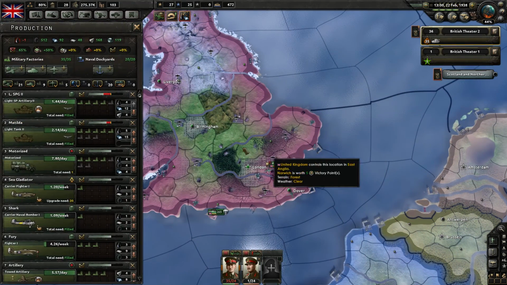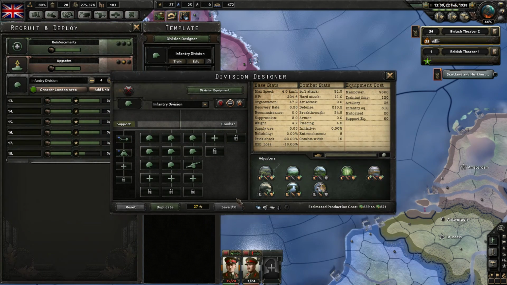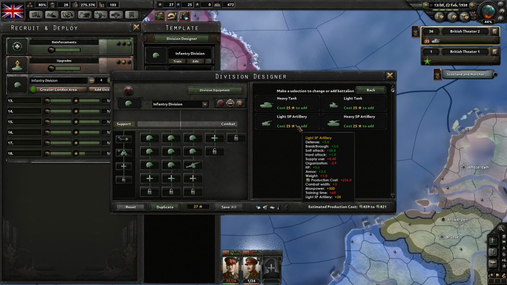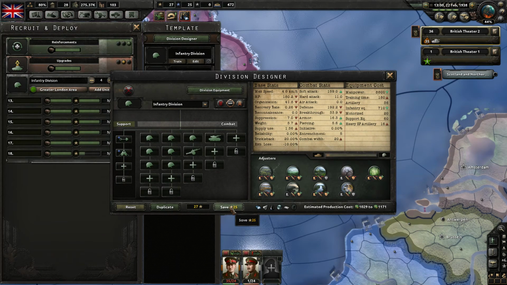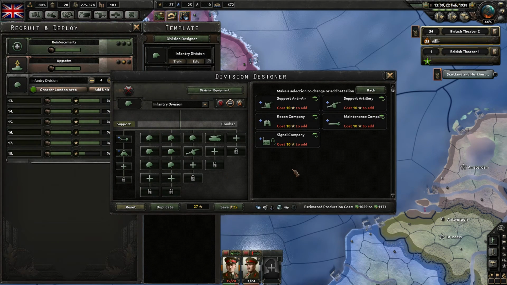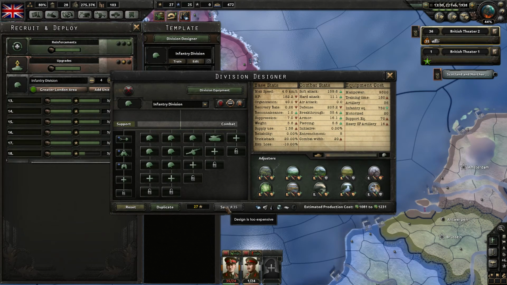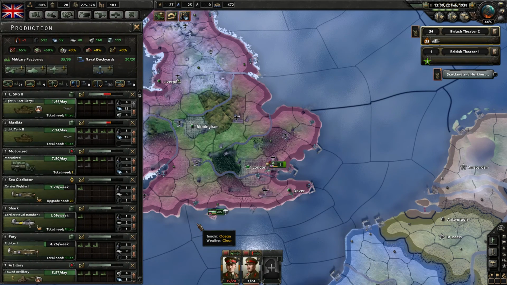Let's have a look at our production. It costs quite a lot to retrofit this division. Yeah, it's 25 XP for... Okay, removing doesn't cost anything, that's good. If you want to add, for instance, a Recon company, it would cost 35. So let's not do it for now. Let's just start producing...